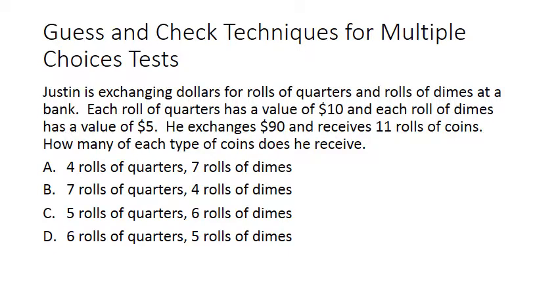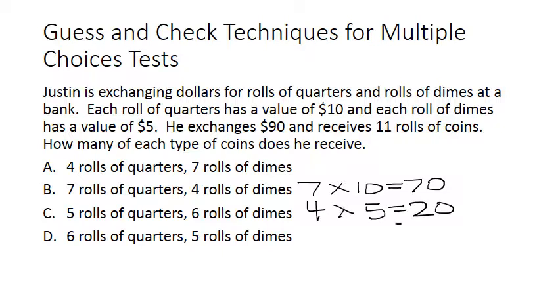Let's try answer B. So here I have 7 rolls of quarters. That's 7 times 10, $70. And then 4 rolls of dimes. Each roll of dimes is $5. That's going to give me a total of $20 in dimes. 70 plus 20. That works. So answer B,